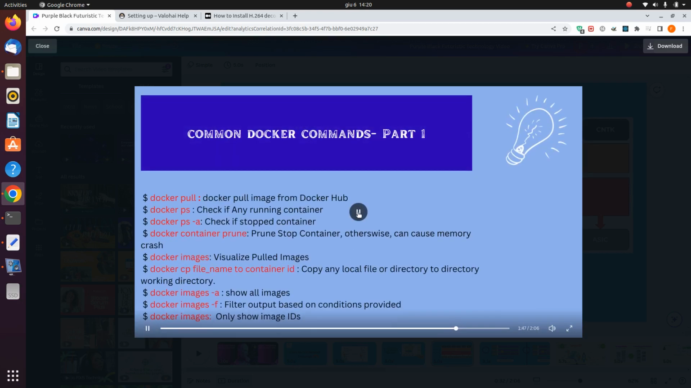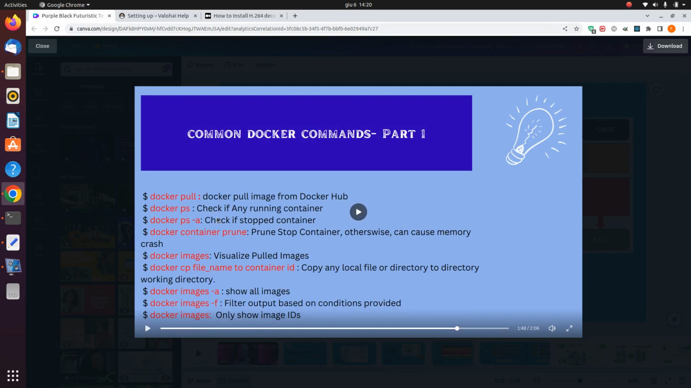All right, so let's see Docker commands. Now we have the Docker pull command and the Docker ps command. I'm going to explain what those are. In this video I would like to show you that the Docker pull command is nothing but Docker pull image. It's going to pull, like a fetch, an image from